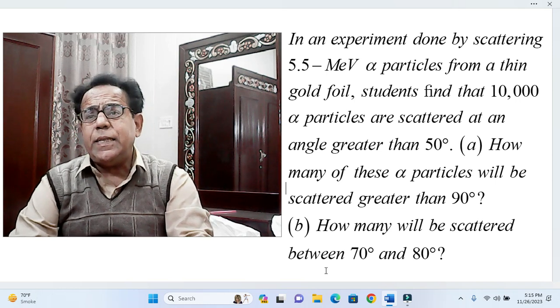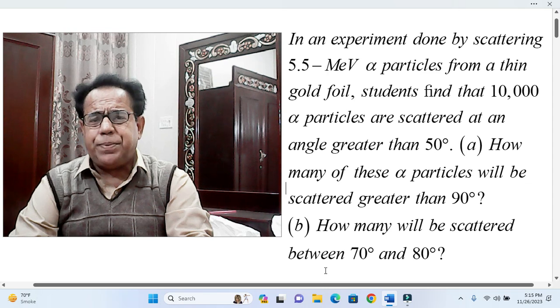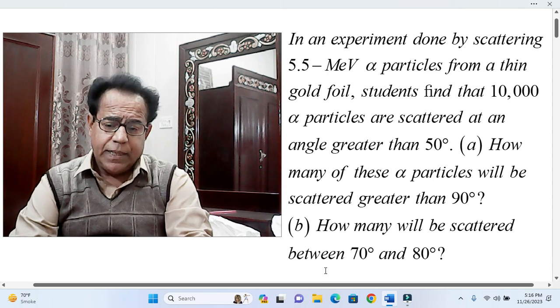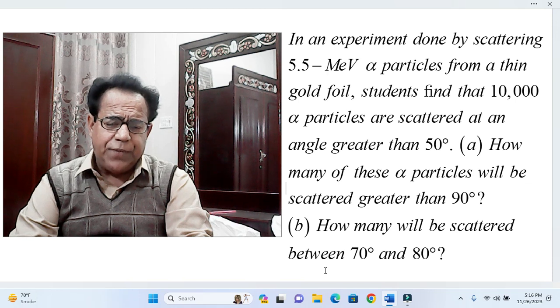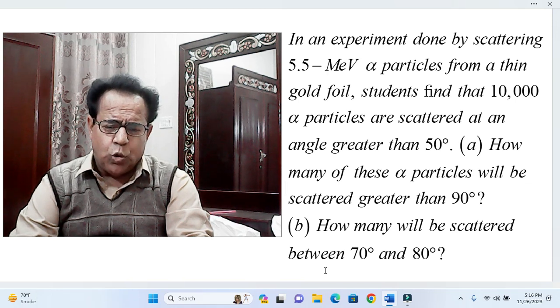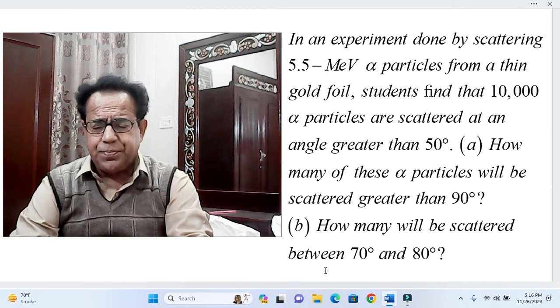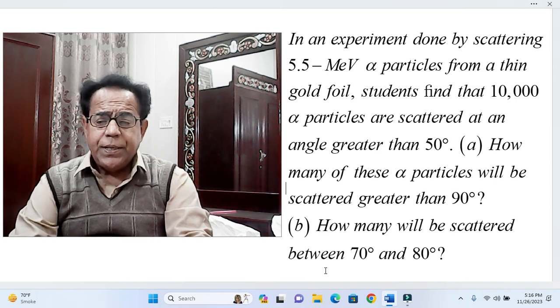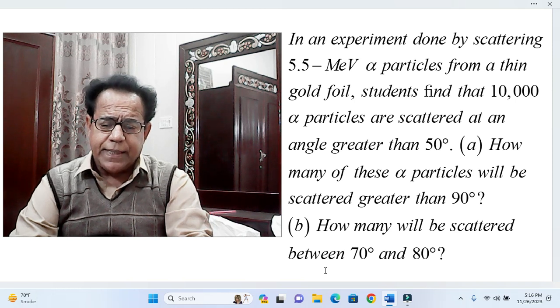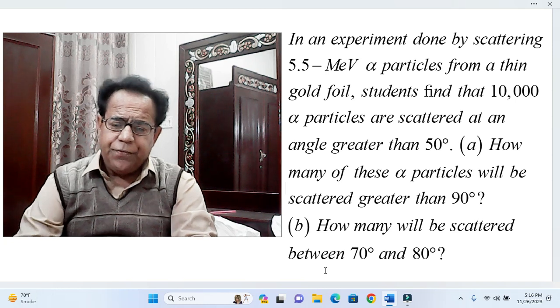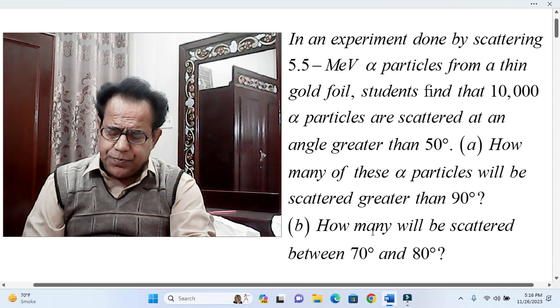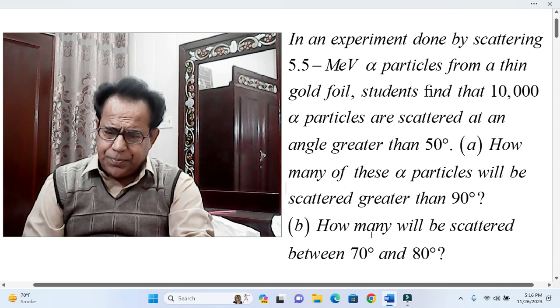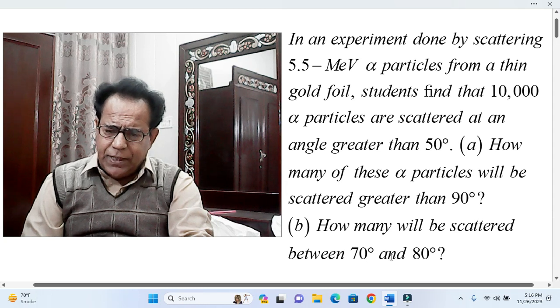Dear students, actually the problem is quite simple because when we apply the formula, most of the parameters will be cancelled. However, we need to find the scattered fraction for four values. Okay, one value is 90 degrees. If we go in descending order, okay, 90 degrees, 80 degrees, 70 degrees and 50 degrees,